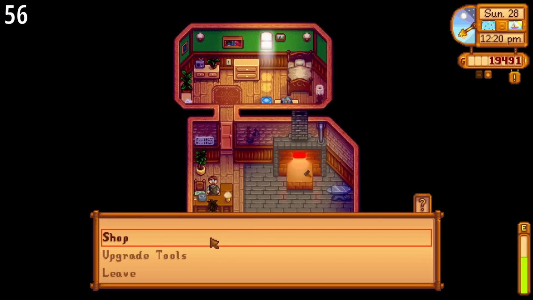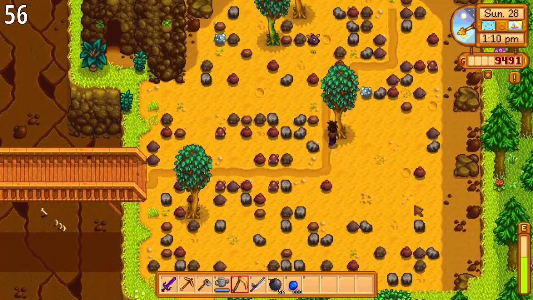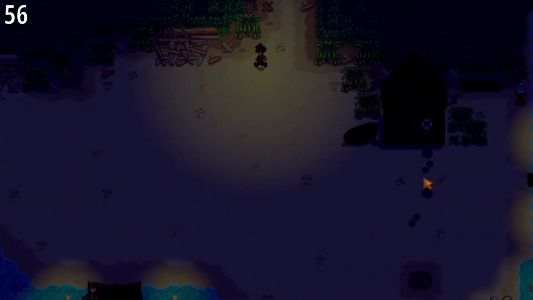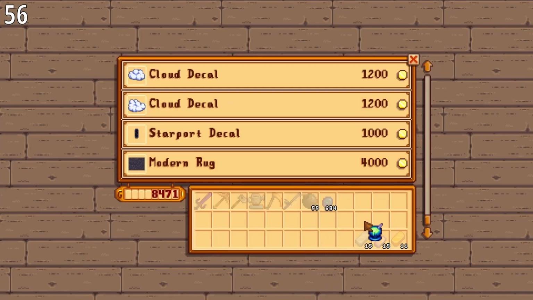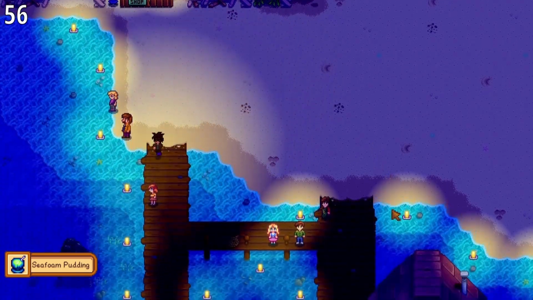Day 56, the Moonlight Jelly Day. I upgraded my axe to gold, went to the quarry, smelted some bars. For sprinklers, I want to upgrade my sprinklers from basic ones to quality ones, as they are a little more space efficient and also look nicer in my opinion. And went to the Moonlight Jelly event. I bought the seafoam pudding because it could help with some harder fish later on, and then I watched the